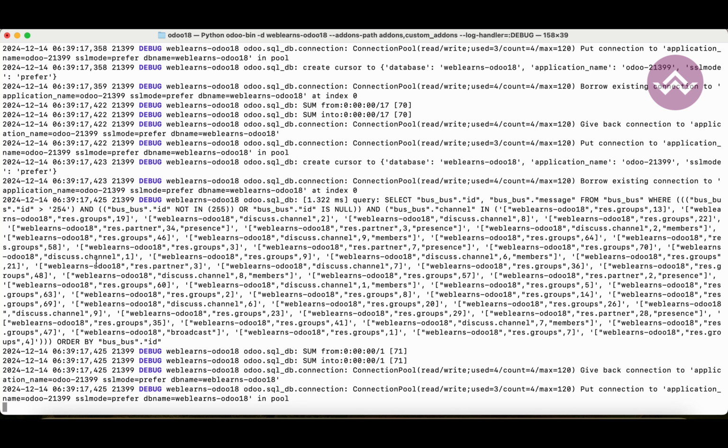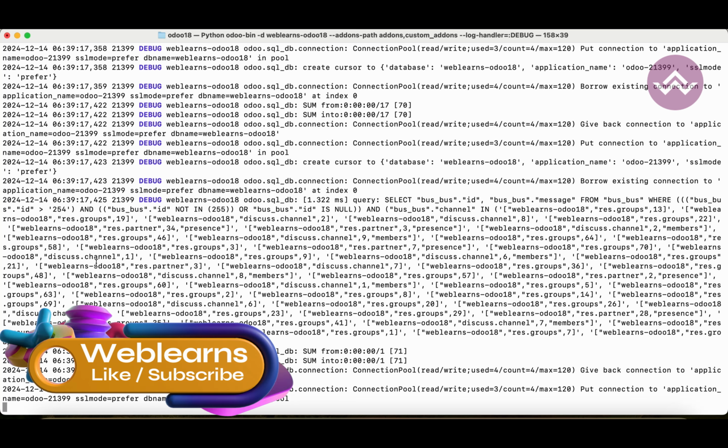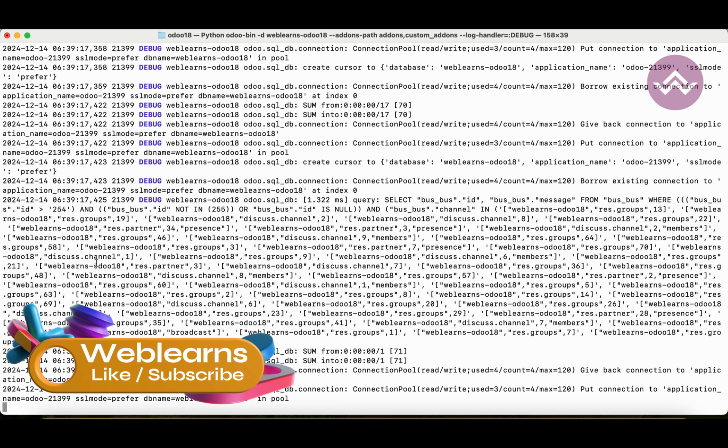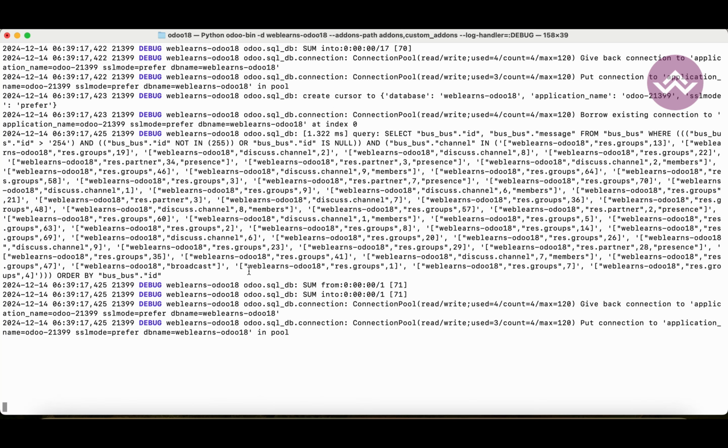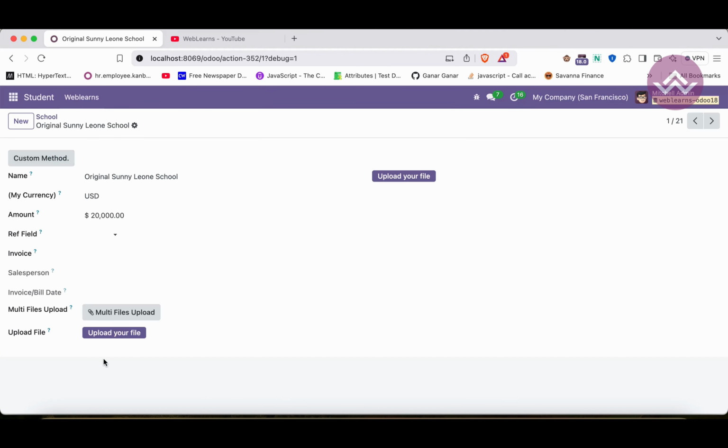Then after, the specific queries we are passing to the Postgres side, and whatever debug logs we added or Odoo provides by default, all the logs, you can see here now. Specifically, while you are trying to debug everything, in that case you have to use this prefix handler. And let's see, once I click this button,